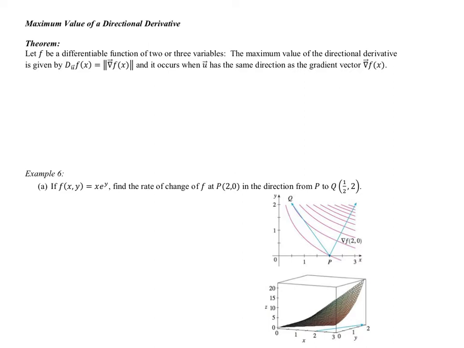We're going to just kind of review. I already mentioned what the maximum value of the directional derivative was when I introduced the idea of the gradient. So here's the formal theorem. We're on page 37 right now, and I wanted to reiterate it really quickly, and then we're going to move on. But remember that we're dealing with the gradient vector and the unit vector, which is going to be